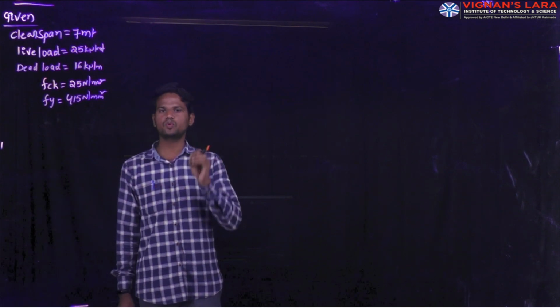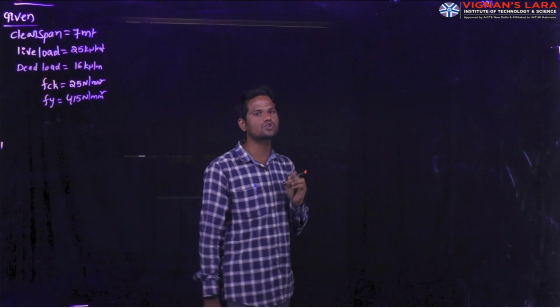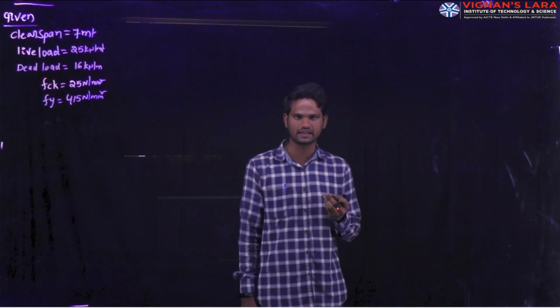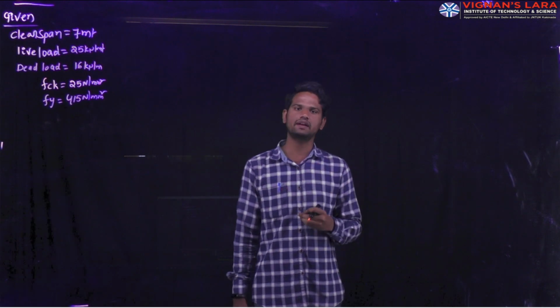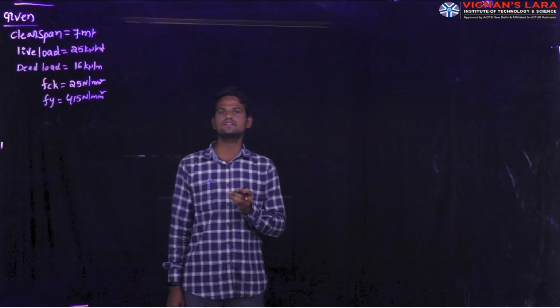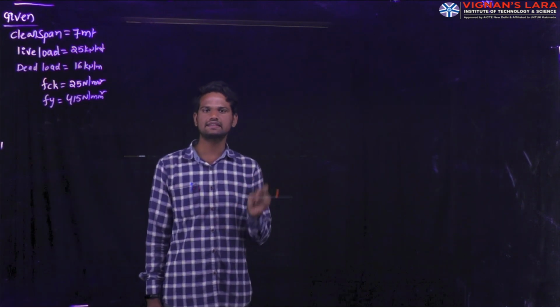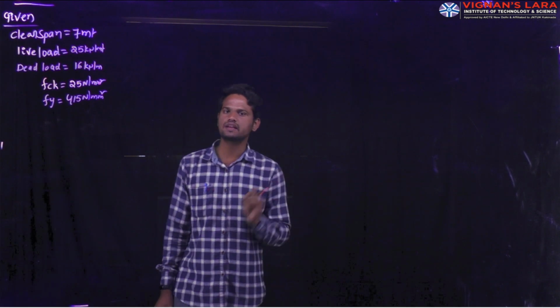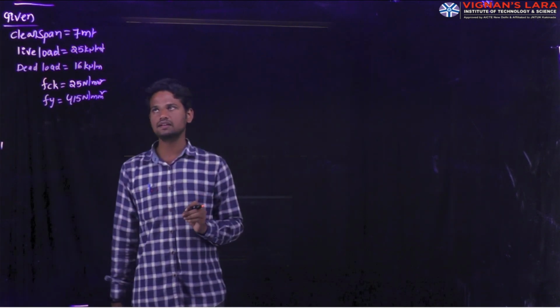That means, by provision of the width of the beam, the depth of the beam, as well as the reinforcement in the compression zone and in the tension zone, how much the beam may deflect due to the application of the load. Whether the designed beam deflection is within the permissible limit or not, that we have to check. That is the final step for our design. Let us start our design procedure.